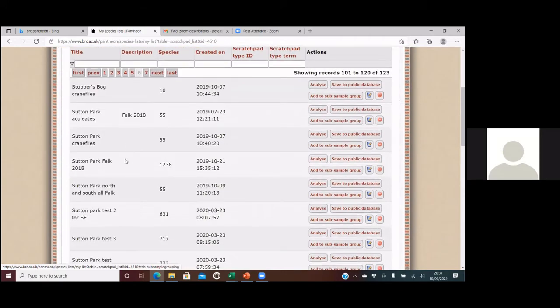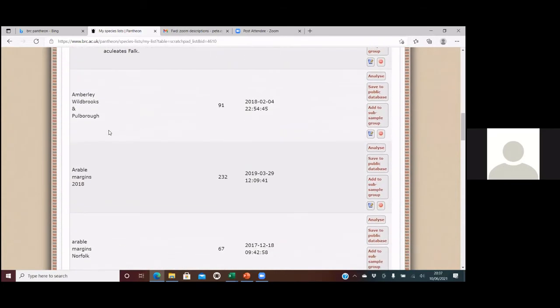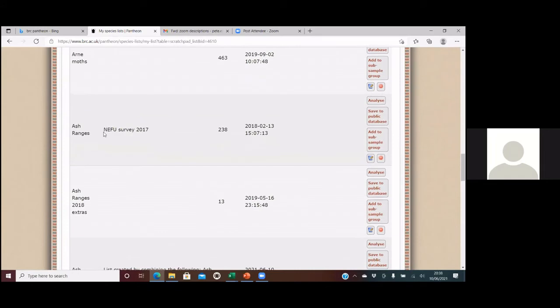So we'll go back to my lists, and the first site that I said we would look at is Ash Ranges. So we scroll down. Here, this is the Ash Ranges survey, and what we're going to do is we actually have the 27 survey that a few of us did for the field unit, but also some extra records that came to light a little bit later. So we're going to add that to a subsample group, and then go to the top,